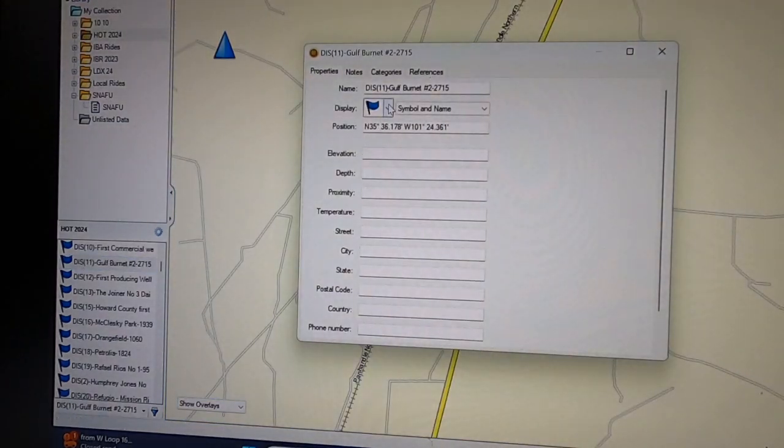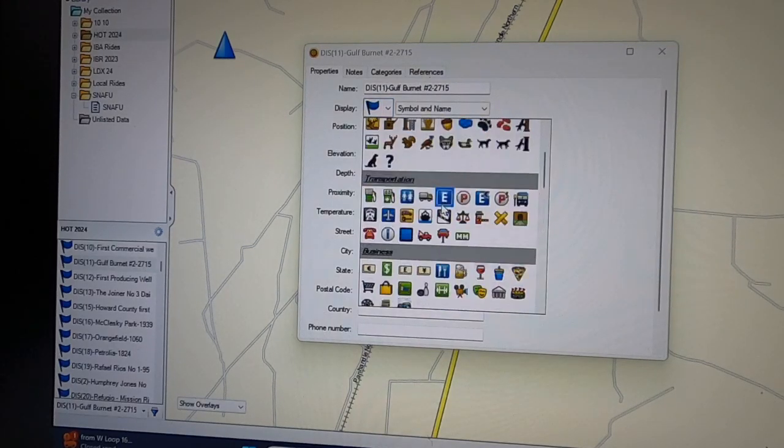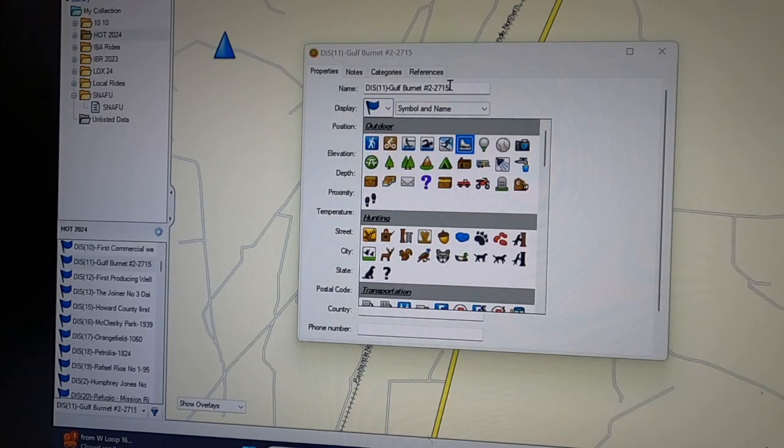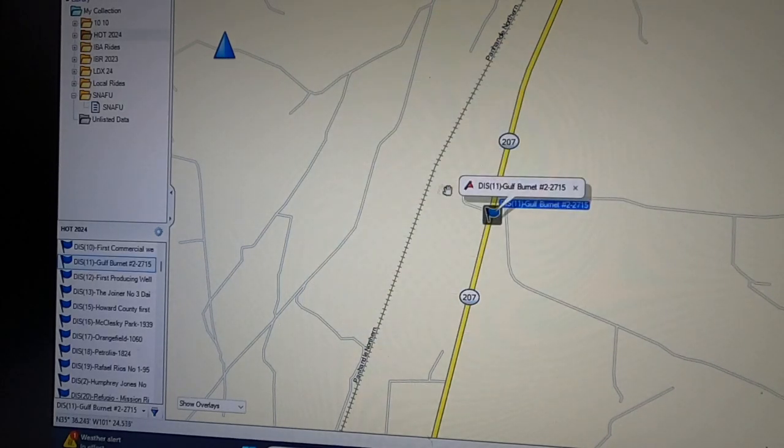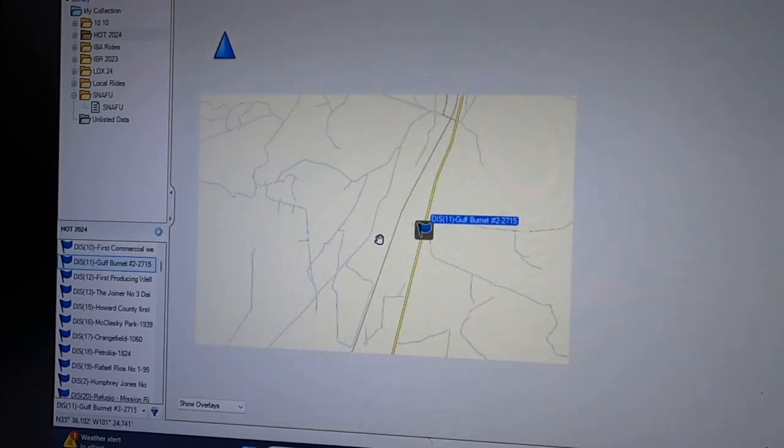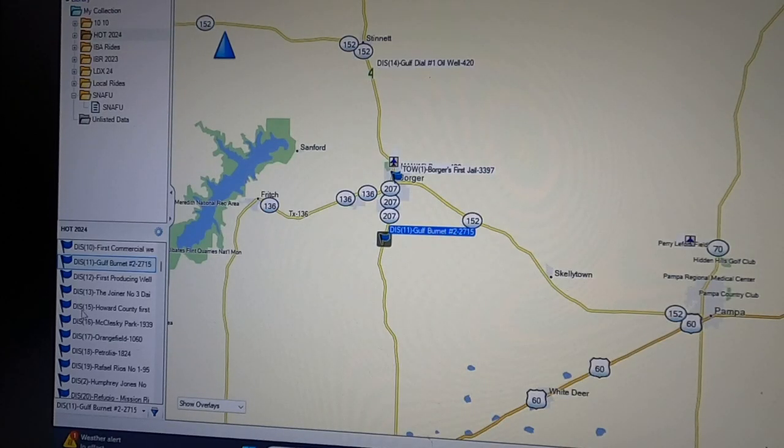Double click on it, open it up. You can change the symbol any way you want right there. You can change the name of it. I can tell you that I like to put the points in the name. So this is DIS, that's the code for it. I like to add the points in there so I can see the points when I'm scanning over it, if that makes sense. So you can do all that manually,